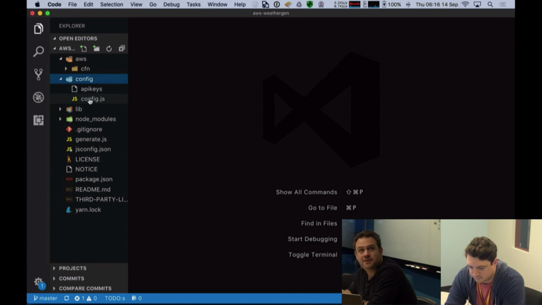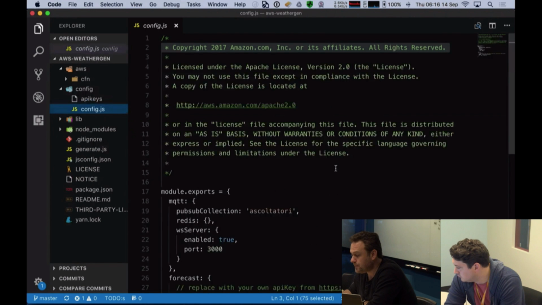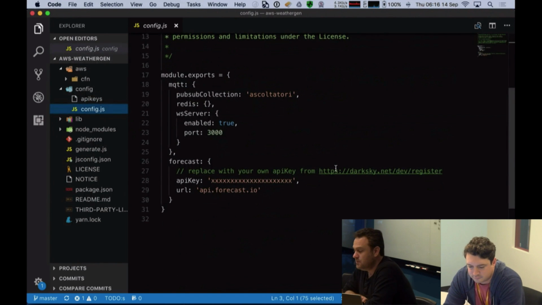And you'll notice here in the config directory, we've got this file called config.js. This config.js really just defines two key objects that we use throughout the application. The first one is the Mqtt configuration, and it enables us to fire up the Mqtt server, which is going to be streaming out the data and provide some configuration elements. Unless you're doing something really funky, which we always encourage you to do, you probably don't really need to change this part of the configuration.